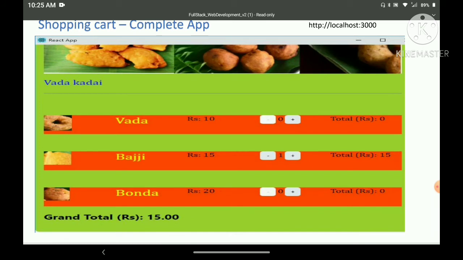Here you see that 3 items are there, vada, bhaji, bonda, and the 3 items have the appropriate plus and minus buttons also. Newly, we are going to display the grand total also, because on the right side of each item it will display the appropriate item's total amount, and the grand total also needs to be displayed in the below part of the screen. So to display these 3 items, instead of hard coding that, I am going to create one list of elements, right?